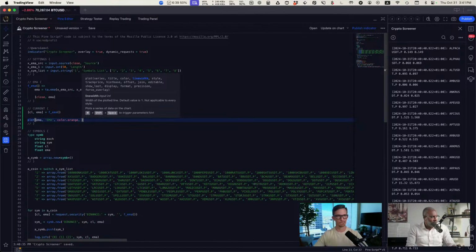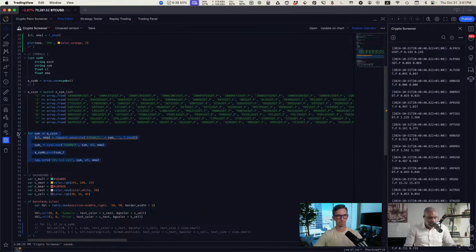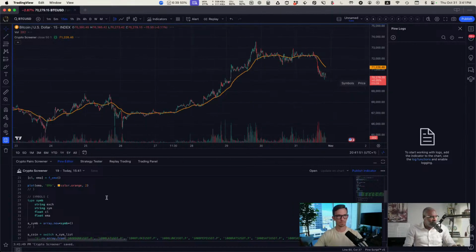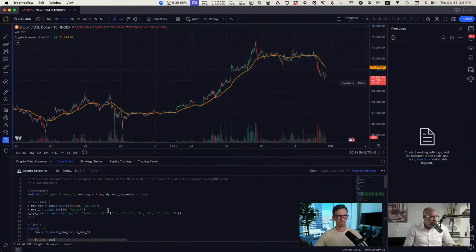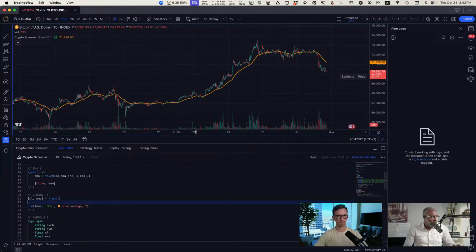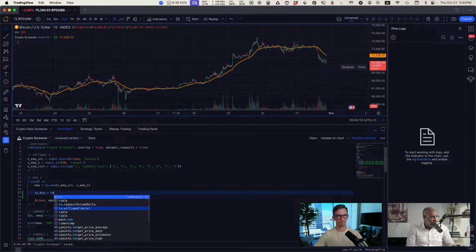Color orange, and then 2. So let me just hide this so we don't have to deal with that processing just yet. Here I'm just showing the EMA that's on our actual chart, because I want to show where we're going to set buy and sell signals. So what we're going to say here is that when we get a crossover, we're going to say it's a buy if the price